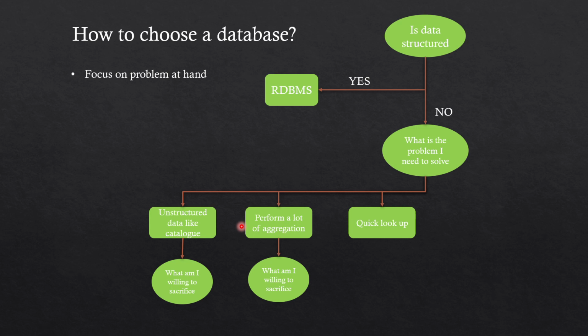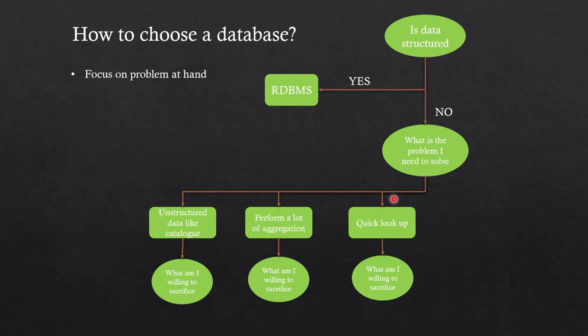So here key-value will come into the picture, which is your Redis or Memcache, which are generally used as cache databases. It will store your data as key and value. The key can be a string, an object, or an integer, anything like that, and the value can be a blob where you have a big complex data structure, or another key-value, or a picture or a small video, that kind of thing. But this will perform quick lookups for you.